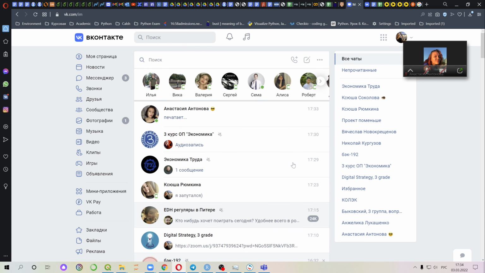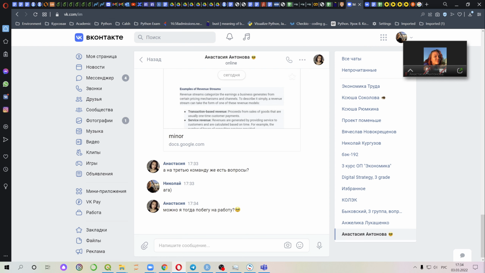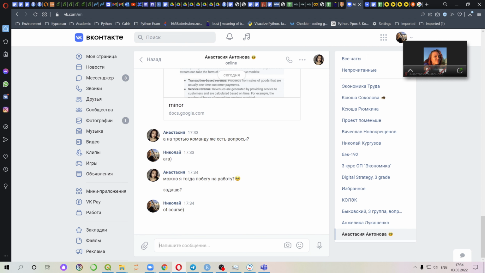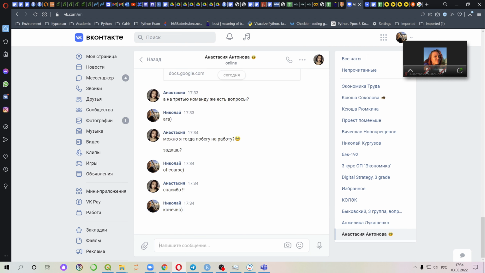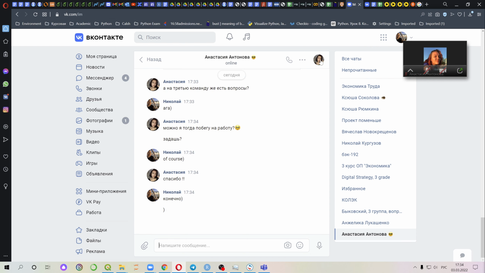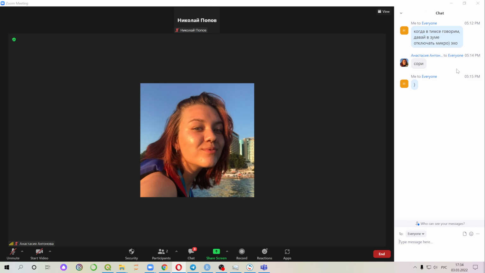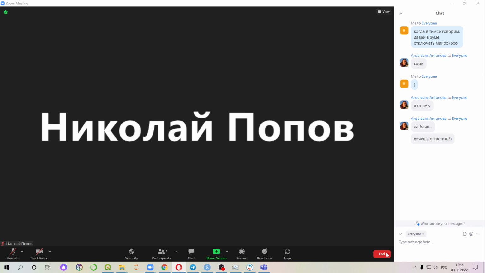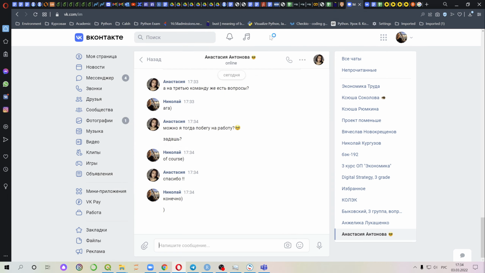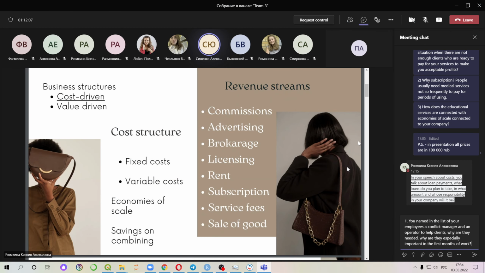However, the business structure of our platform is cost-driven, as we try to reduce costs without losing quality to give our clients the most available way to find their stylist. As for cost, they can be divided into fixed and variable. Fixed cost is the same fixed amount every month, which does not depend on the amount of sales, for example, salary and rent. Variable costs are measured in proportion to the amounts of sales. In our business model, all our costs are fixed.